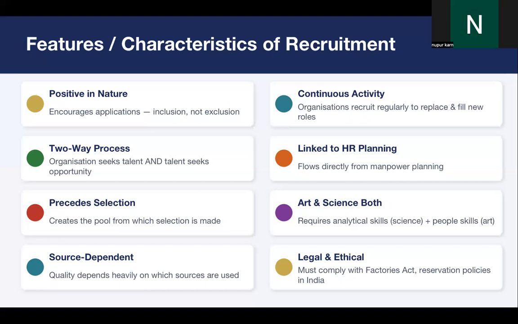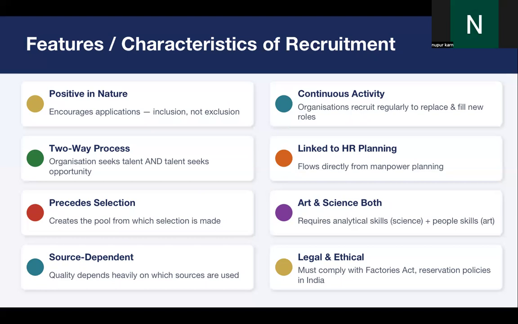And now the link to HR planning. It means that HR manpower planning is very important for recruitment purpose, because you cannot just go into the market and get some candidate. You have to make proper planning for this. You have to set objectives for that. You have to decide from where you get the candidate. You have to make the job description. You have to decide the job specification. You have to do the job analysis part. So these all are the parts that you are going to do while doing the manpower planning. So it is related to the manpower planning.